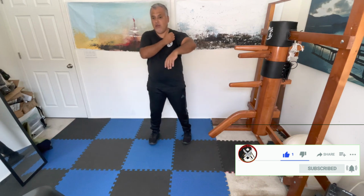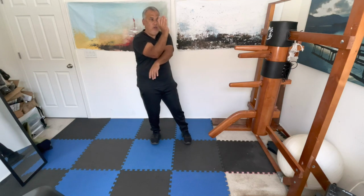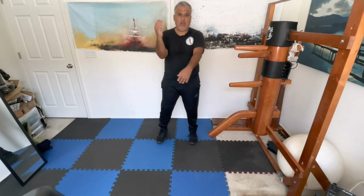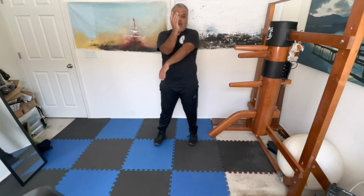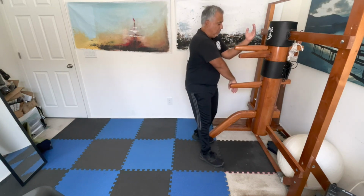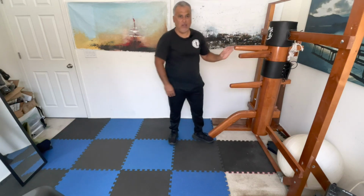So we were talking about Ganseo. You can do it in the air, just kind of like when you do the forms, right? So Ganseo here, Ganseo, Ganseo. Now if you do it in the air, just try to keep those hands tighter together, okay? So your arms are almost intersecting at the elbow, okay? Versus in the dummy, they're going to be farther apart simply because of the shape of the dummy arms extended out,